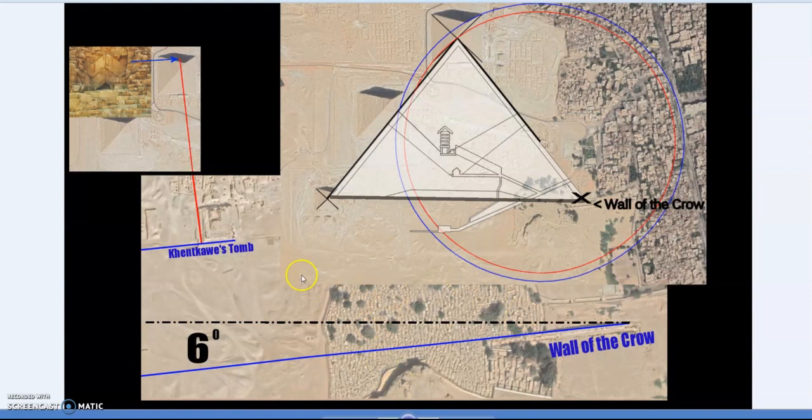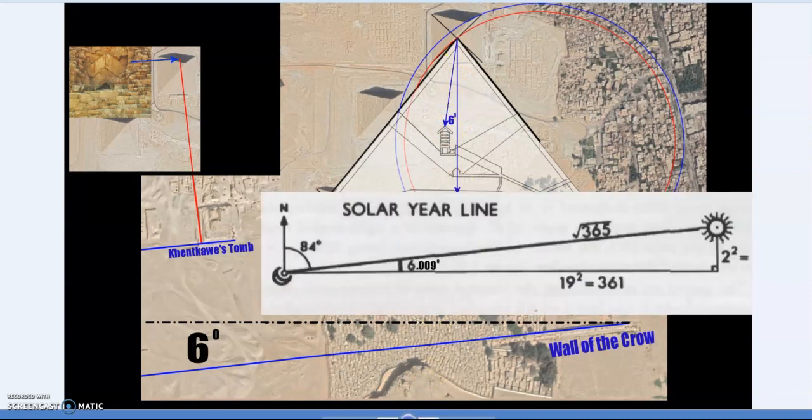Back to the Giza complex, the Causeway's 6-degree tilt, which follows the wall of the crow. The pyramid itself, center to the peak, 6 degrees. Also the difference between 48 and 42 degrees in the corner angles is 6 degrees, and we see this solar year line, where